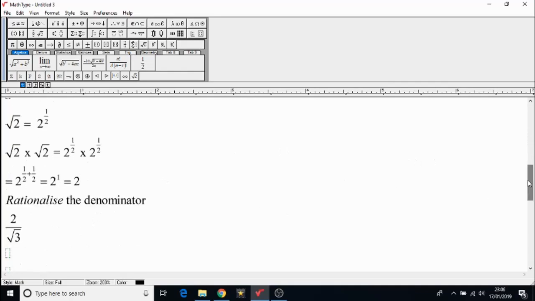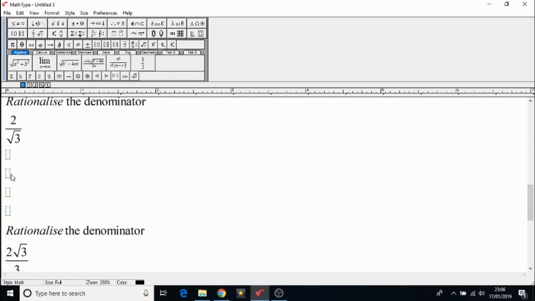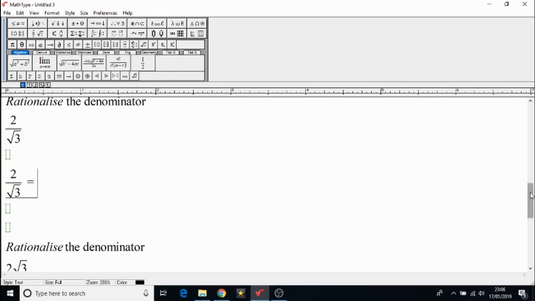So let's move on to the next question. Rationalize the denominator 2 over the root of 3. This is the same process as we did with the first question. So 2, if you remember, a over the square root of b multiplied by the square root of b over the square root of b. So we're going to write as 2 over the square root of 3